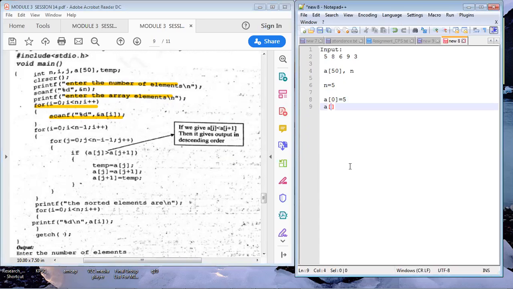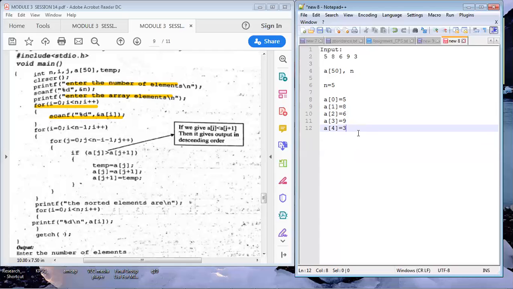Next the user enters 8, which is stored in a of 1. Then a of 2, as the i value keeps incrementing in every iteration. Now a of 2 is 6, a of 3 is 9 and a of 4 is 3. So after entering, all these elements are stored in the array A.